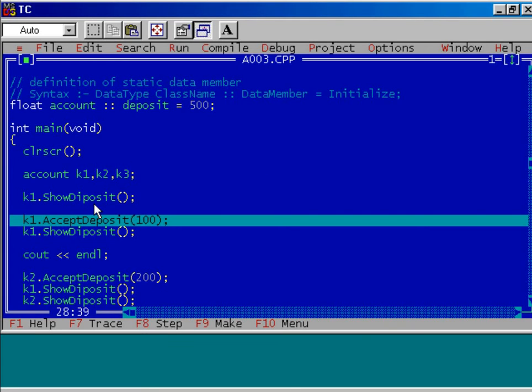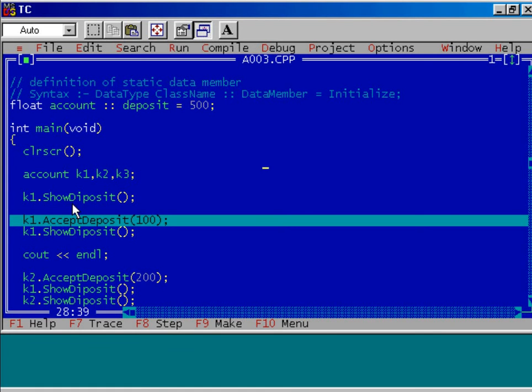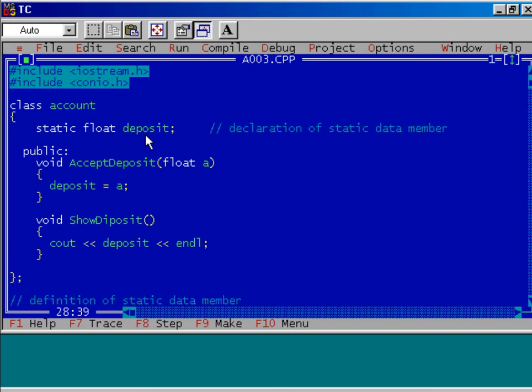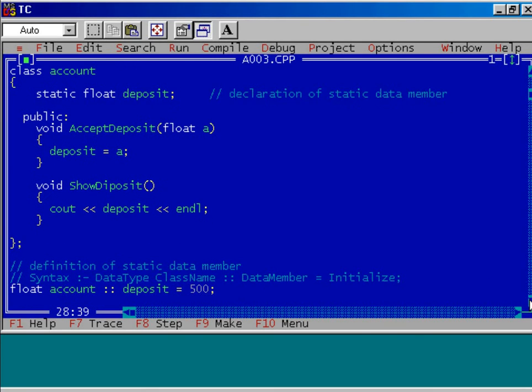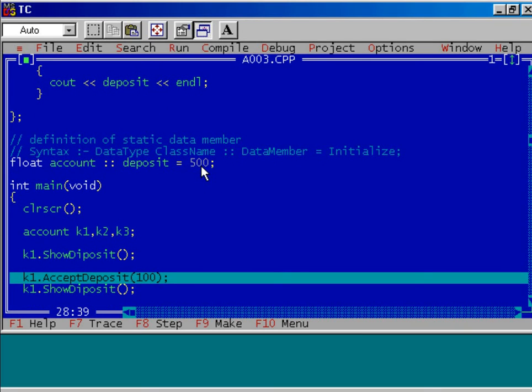And what is the output we got? We got 500. This means the content of the data member, namely deposit, is 500. Why is it so? Because we have initialized this one while defining with the value 500, and that is why we got it. Let's see the diagram.